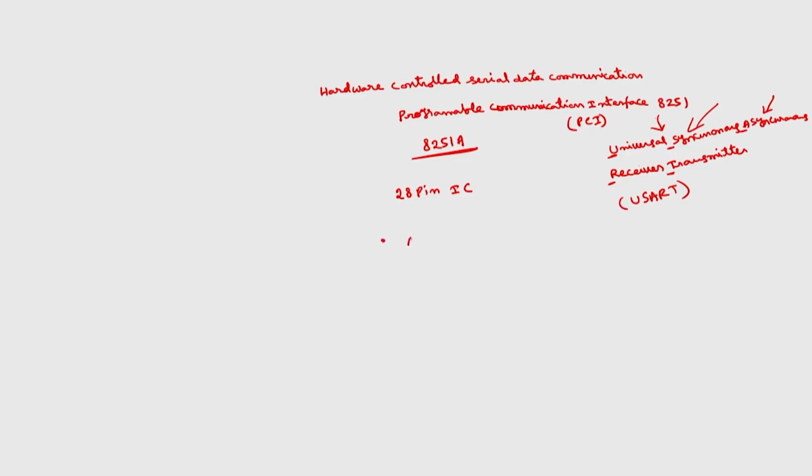One block is called the address buffer block, then it has read write control logic. Normally in most peripherals these two logics will be common. Then it has a modem control,